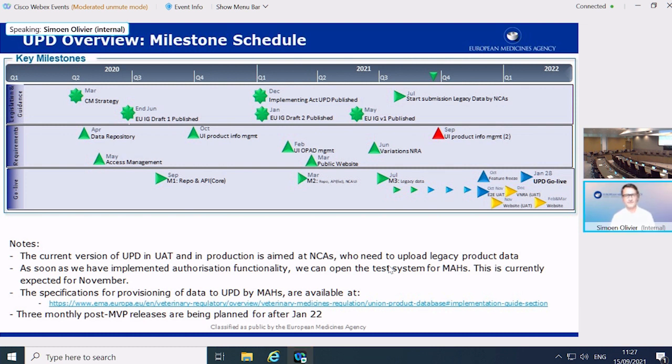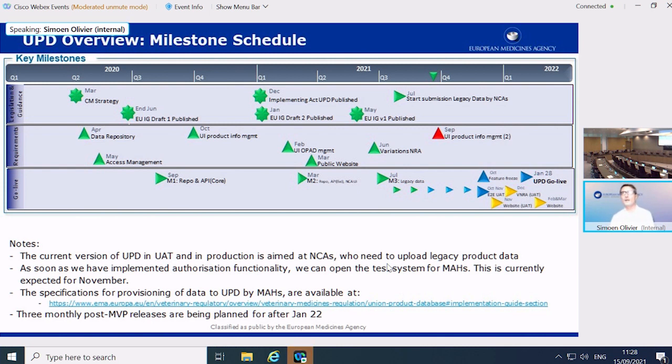Maybe what I'll do, I'll add something to the slide to put in the names of those people in case you don't know them. Then you can contact those for any information that you need. Coming back to this user acceptance testing, the objective is to do end-to-end testing. So we will have test scenarios